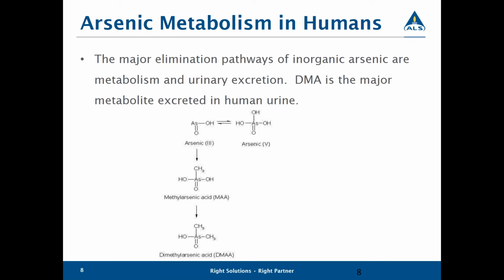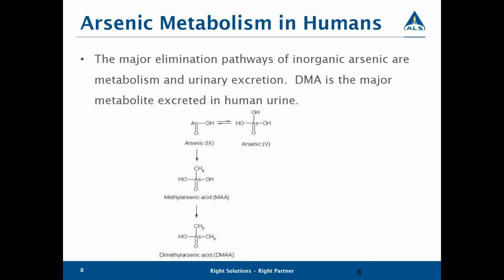So any of these forms can be picked up in the urine. It just depends at what point they are in the metabolism, and also whether your body is able to continue to follow this pathway in removing the inorganic arsenic